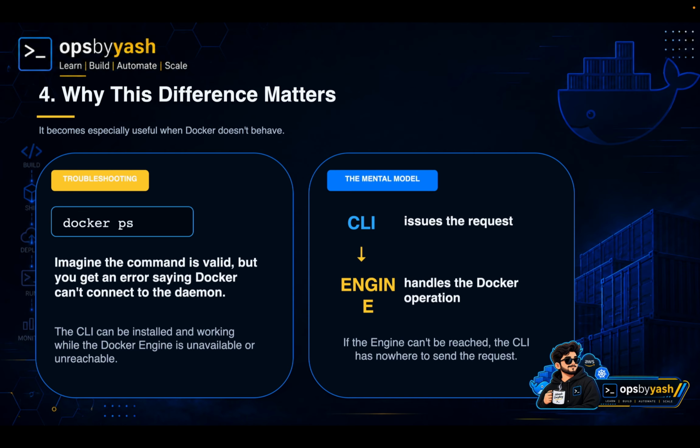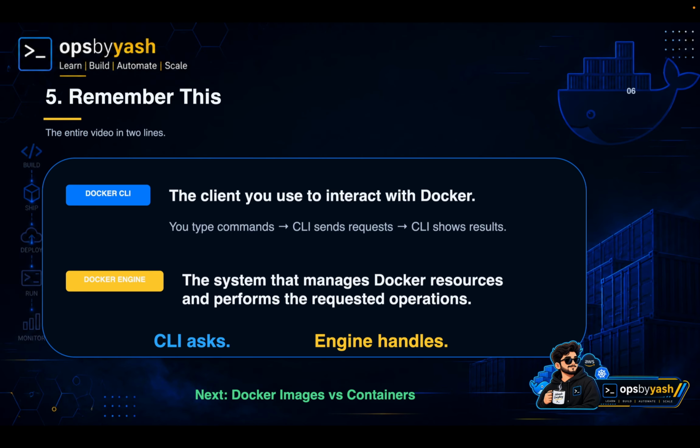And because we have already covered the internal architecture in the previous video, you don't need to memorize everything underneath it for this concept. Just remember the relationship. And now that we know how we interact with Docker through Docker CLI and Docker engine creates and manages the Docker resources, let's answer the next biggest question: what exactly is a Docker image and how is it different from a container? That's coming next.